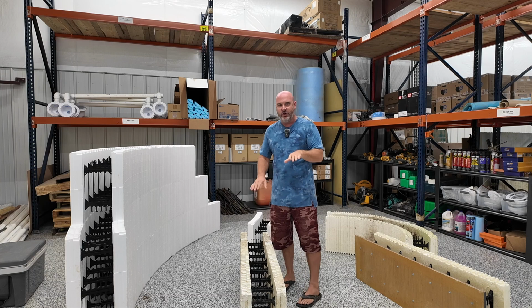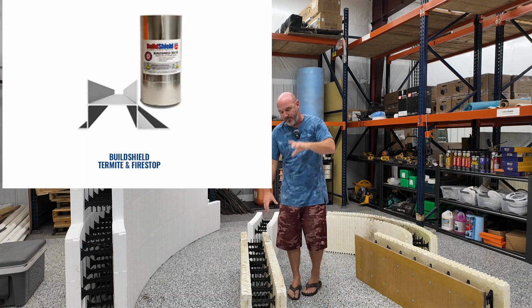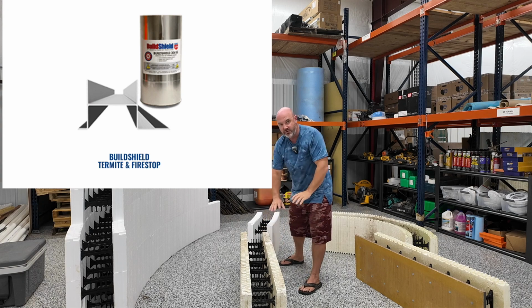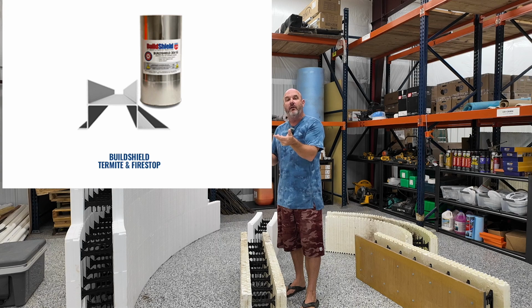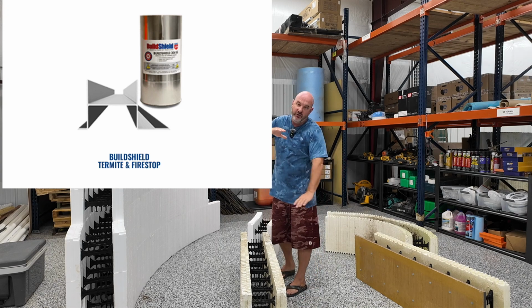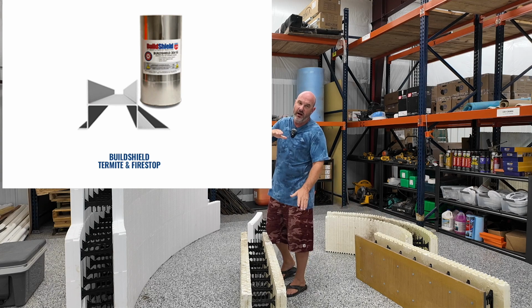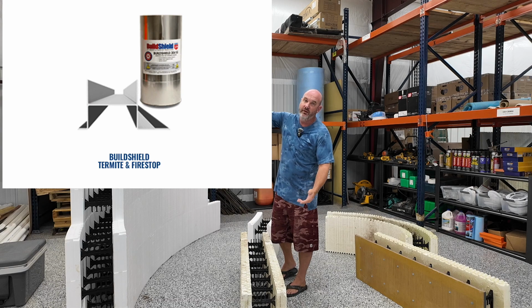So they've got a termite block. It's called Build Shield. It is a metal cap that would sit between courses. So what you would do is you'd be down in your basement, working your way up above grade. And when you get out of the ground, if that termite is down in the dirt and manages to get to your house and he digs in and he's working his way up trying to find your wooden roof or